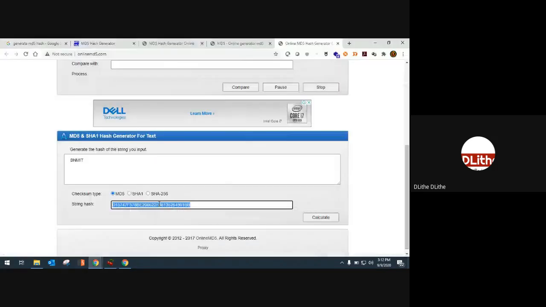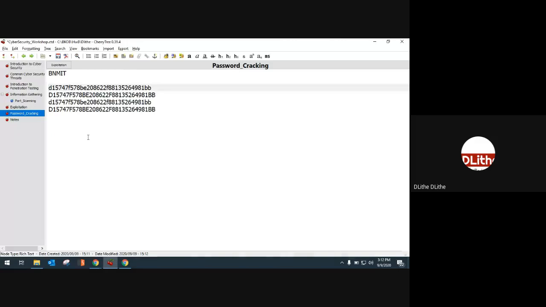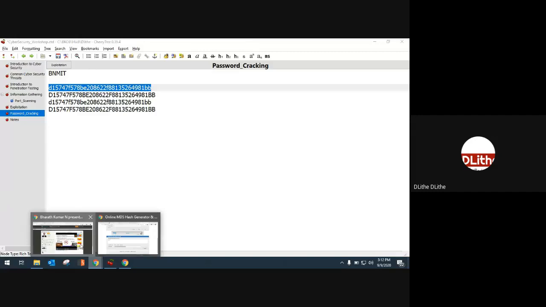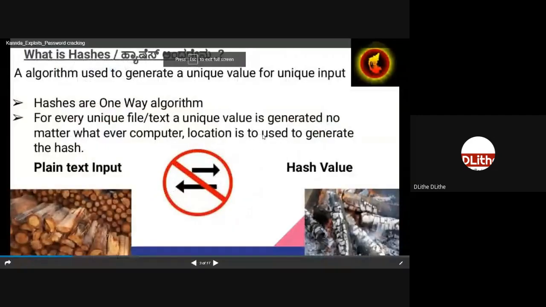So we have used 4 different websites, right? And if you want, we can also do the same thing with a different browser. But still, whatever tool you're using, wherever they are located, as long as you're using the same word, the hash value will be same. Okay, that is what the second statement states. So I hope it's pretty much clear so far about hashes.